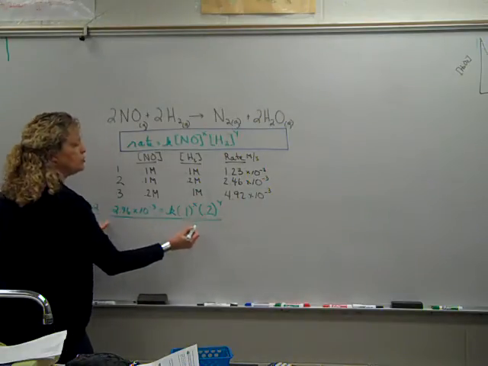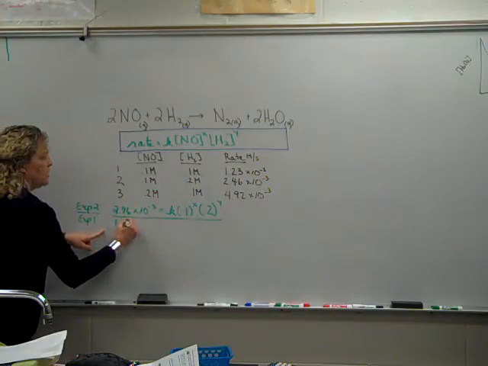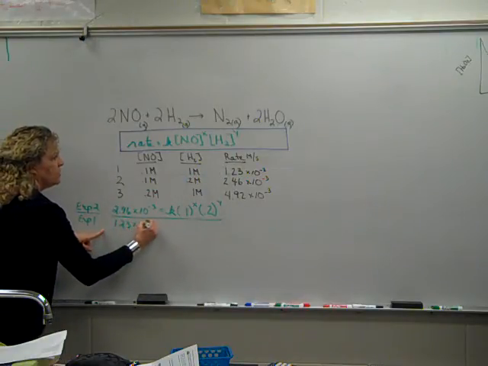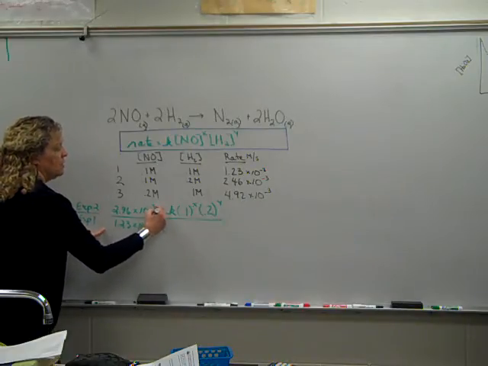Experiment 1, I'm going to do the same thing, but use those numbers. The rate is 1.23 times 10 to the negative 3, and I should put in the units, molarity per second,